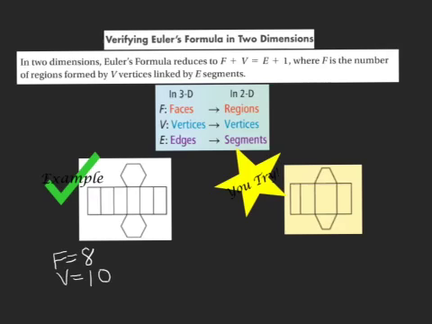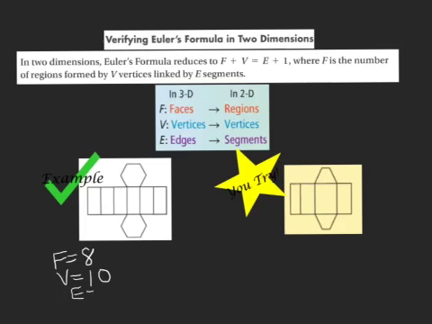And now I have to go back and do my edges, which is arguably the hardest thing to do because you have to think about which lines create those vertices that we were just counting. It's like this segment here does not create a vertex. This one does, and this one does. They all meet at that vertex right there. So let's start counting. We've got 1, 2, 3, 4, 5, 6, 7, 8, 9, 10, 11, 12, 13, 14, 15, 16, 17. So there are 17